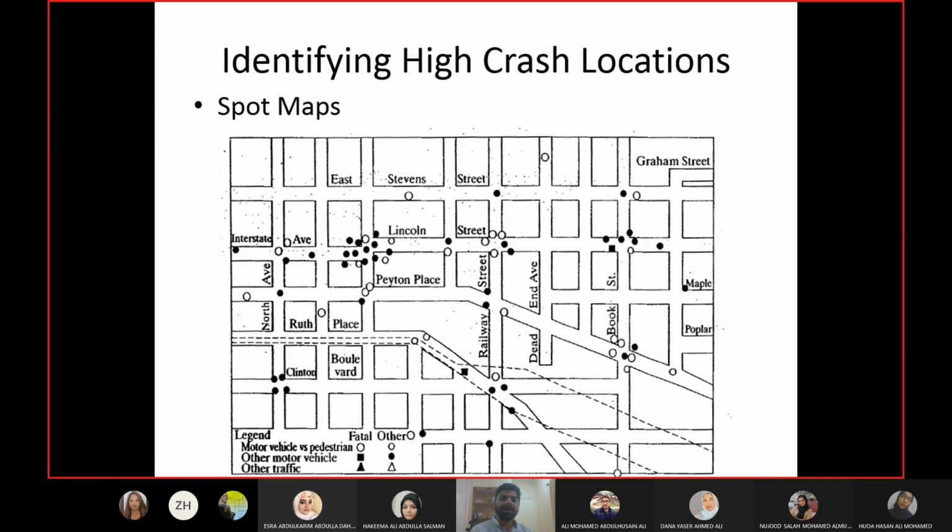Now, whenever you are trying to identify the high crash locations, we are always talking in comparative terms. We are trying to identify the location which has more crashes than other similar locations in the same area. So for example, maybe all the locations have at least 100 crashes, which is obviously a high number. 100 crashes on any site is a very high number.